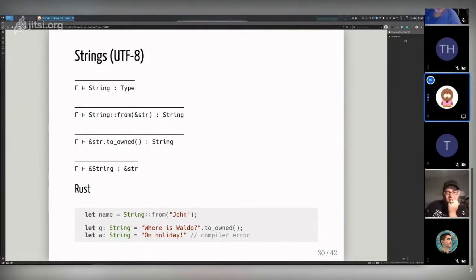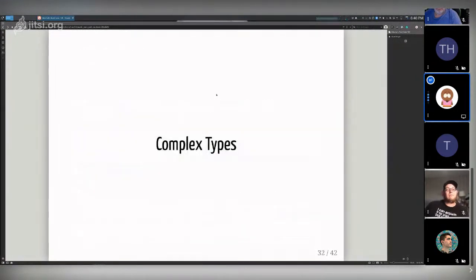This is called a turnstile, and it's read as "is supported by." And so this conclusion is supported by gamma, which is the type universe, or specifically the type context. Cool. And that'll make a little bit more sense as we get into complex examples.